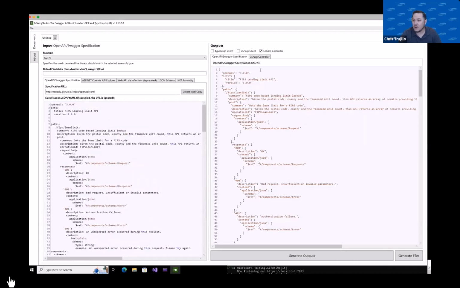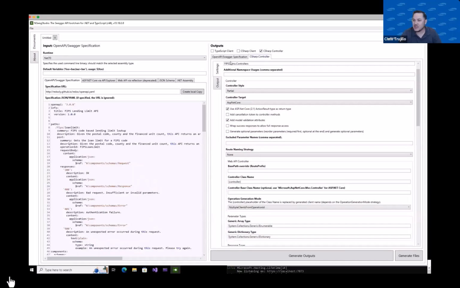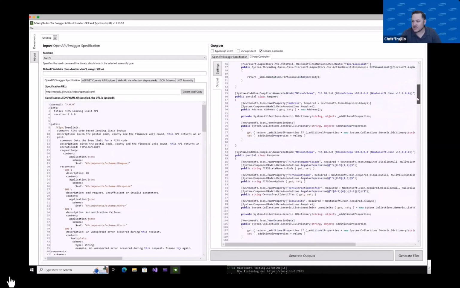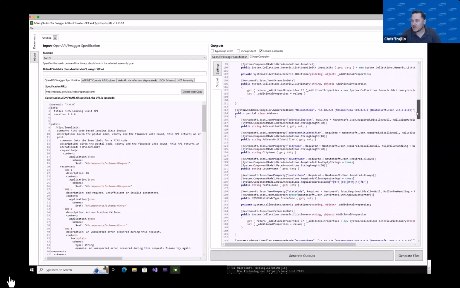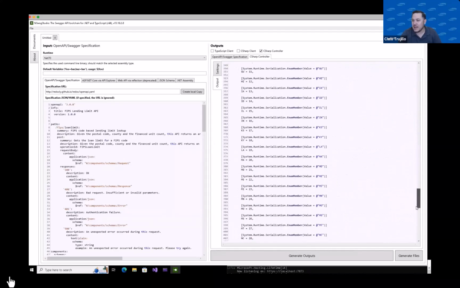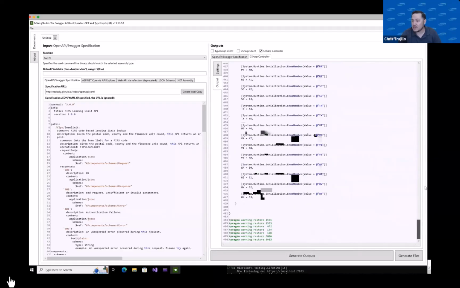What we see is a JSON representation. And this is, again, an opinionated approach. There's many different tools out there. I don't recommend this one over any other one. It's just one that I used for this demo. We see that it generates the controllers based off of all the information we have declared and the enumerations,